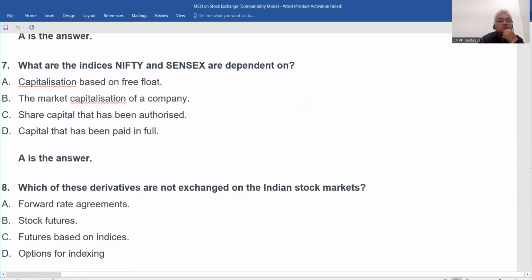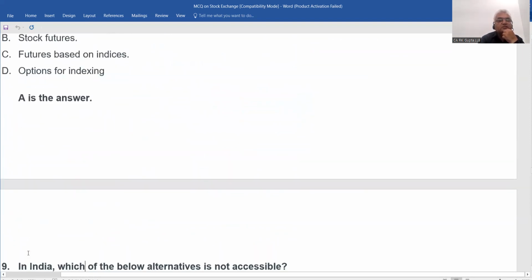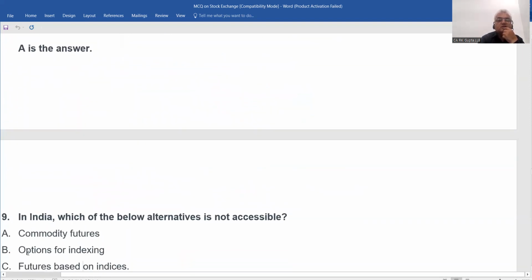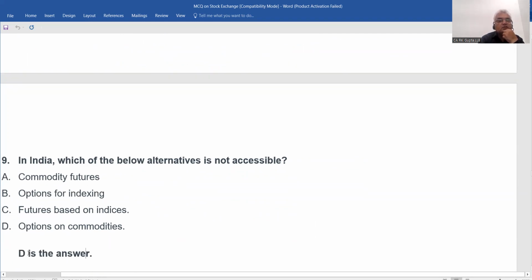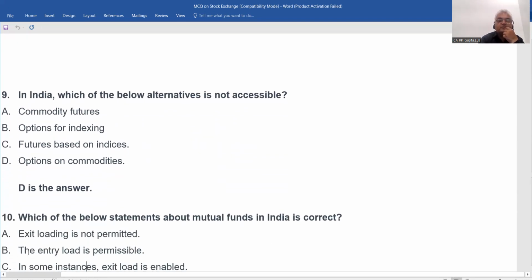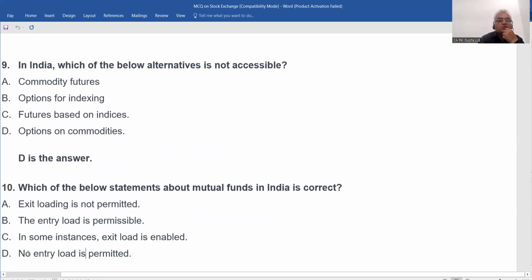Which of this derivatives are not exchanged on the Indian stock markets? Forward rate agreements, ठीक है। In India, which of the below alternatives is not accessible? ये भी हो गया था हमारा, है ना। और कमोडिटी ऑप्शन अवेलेबल नहीं है। ये भी हो गया हमारा। क्या आंसर है बताइए, अभी तो किया था ये वाला क्वेश्चन।